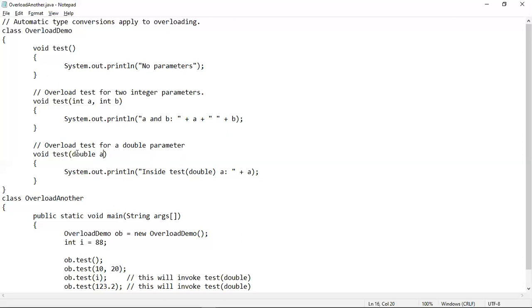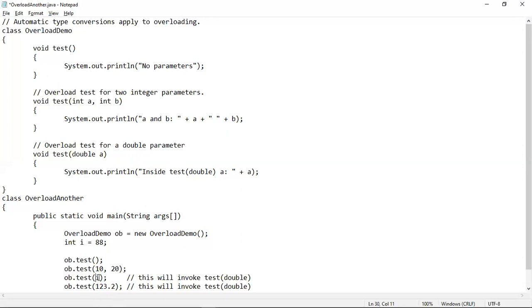Obviously, if there were two double variables as parameters like this, then no type conversion could take place, because there are two double parameters and here we are passing only one variable, so it cannot be automatically converted. As there is only one parameter which is of double type and the conditions for automatic type conversion are being met, that's why the automatic type conversion is being done by the Java compiler.